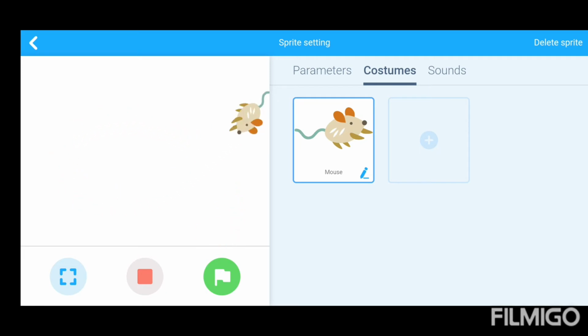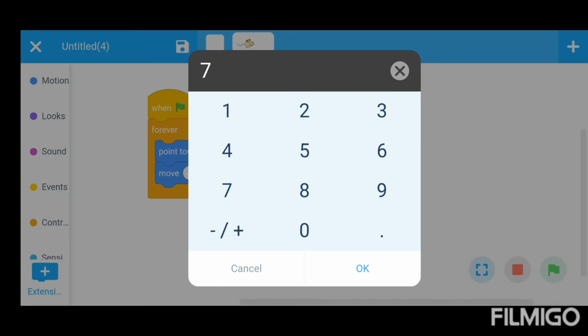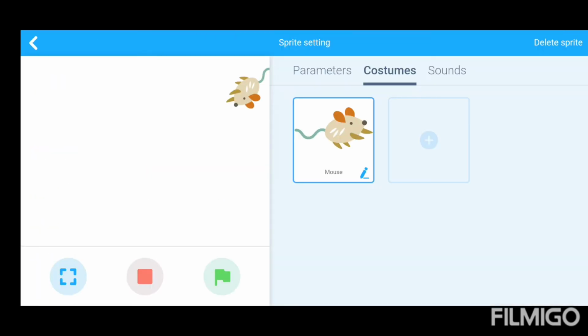Look at here. Now the mouse is very fast. For making it slow, put the number 7. Then again check. The mouse can move anywhere we point. Okay.